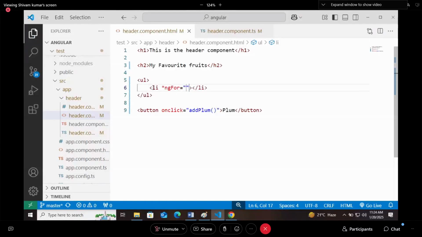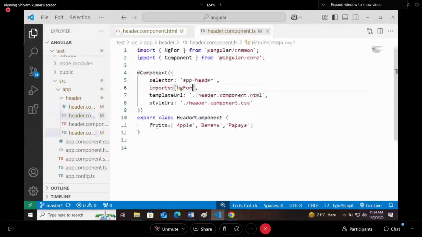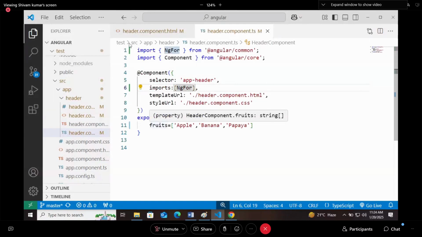So running a loop: let i of fruits. Now this fruits is your exact array name, your exact array or list name.